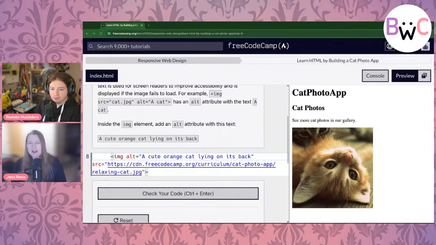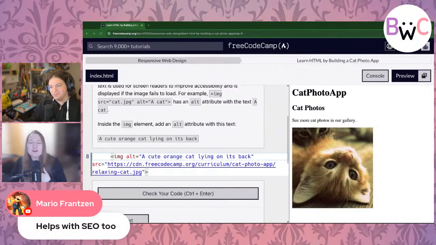There's a couple other secret things that are bonuses from alt text. For example, say if the image for some reason can't be loaded, if your connection breaks, or do you know what search engines look at alt text to guess what the image is about? Oh, Mario after my own heart. It helps with search engine optimization. So it makes it easier for websites, search engines to know what's going on.